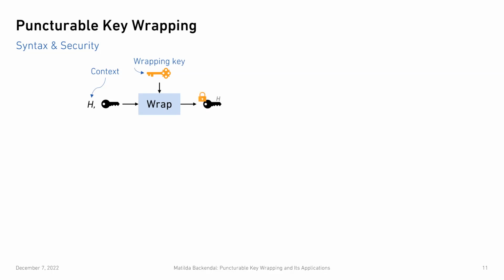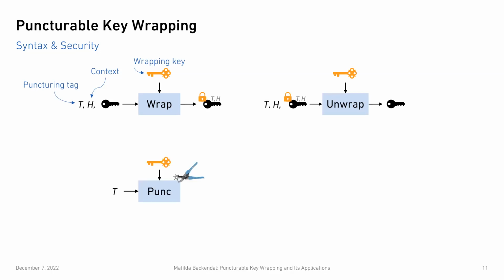And it outputs the ciphertext, which authenticates the header. And unwrapping simply undoes this, so it takes as input the header and the ciphertext, and it outputs the unwrapped key. Now, to enable puncturing, we add an additional input, which we call a puncturing tag. And you can think of this as being a unique identifier of the ciphertext. And the puncturing tag is also the input to the puncturing algorithm, which acts on the wrapping key and outputs a punctured wrapping key, which you can think of as a wrapping key that just had a hole punched in it